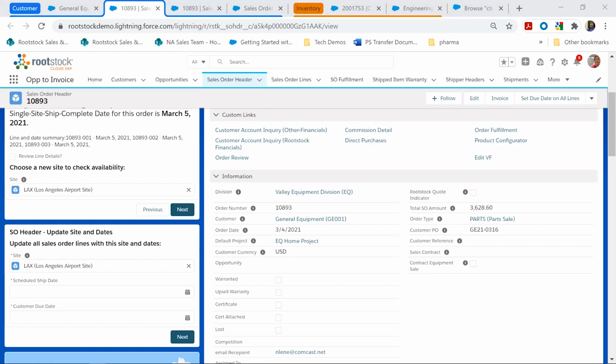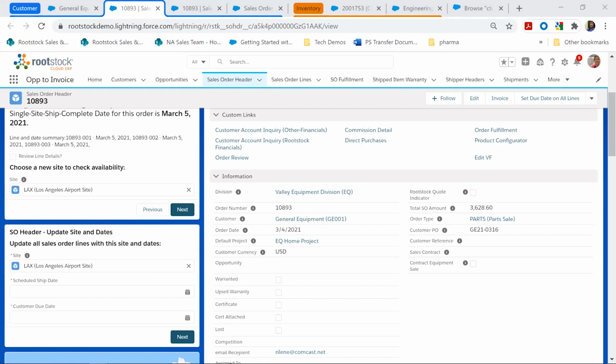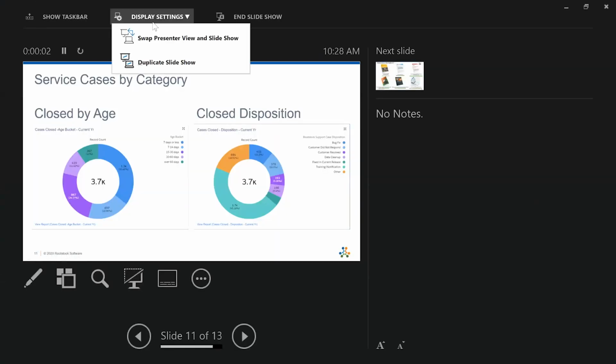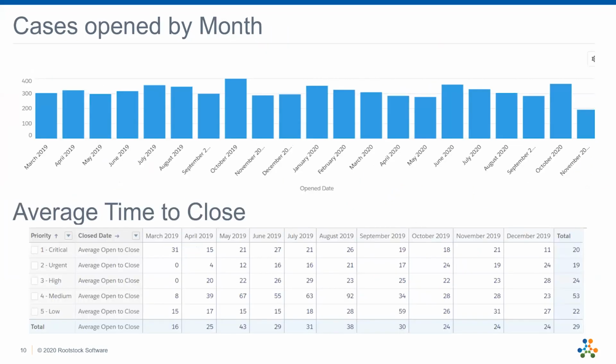So let's take a look at, if I'm a manager, maybe take this up a step. You're the CSM, you've driven through the examples you've shown us. But if I'm a manager, owning the performance of the team and the overall business, can you talk a little bit about the kind of analytics, dashboarding and reporting like you're showing here that a company can leverage in these scenarios to make sure that management has visibility of everything that they need to see in the process? Yeah, so especially from the customer service perspective, but also all the way across the board,